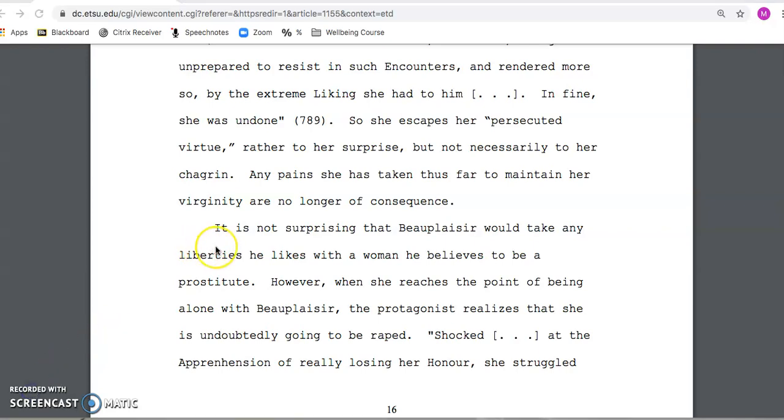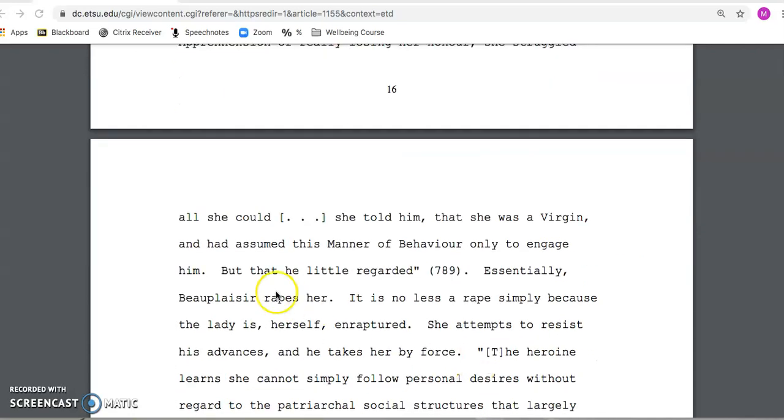So let's take a look at the actual text. It is not surprising that Beauplaisir would take any liberties he likes with a woman he believes to be a prostitute. However, when she reaches the point of being alone with Beauplaisir, the protagonist realizes that she is undoubtedly going to be raped. Shocked at the apprehension of really losing her honor, she struggled all she could. She told him that she was a virgin, and had assumed this manner of behavior only to engage him, but